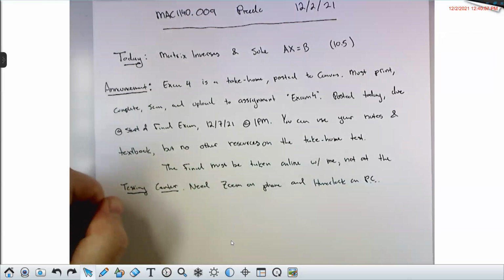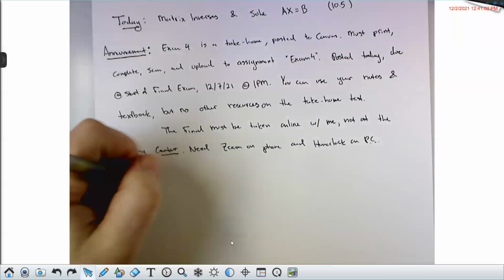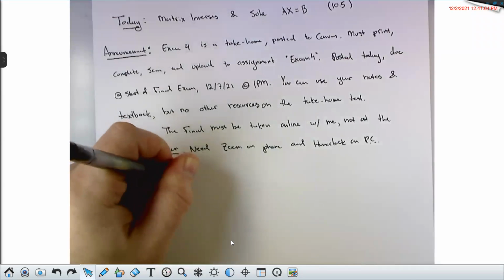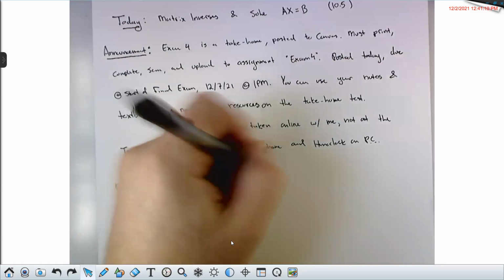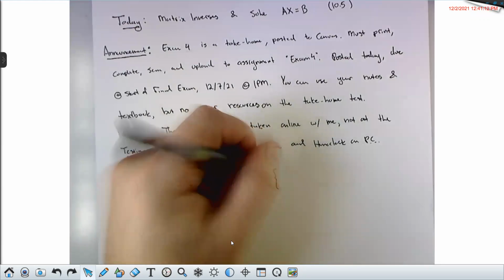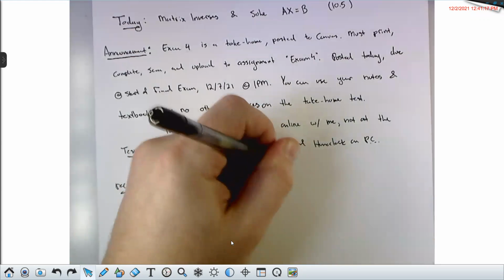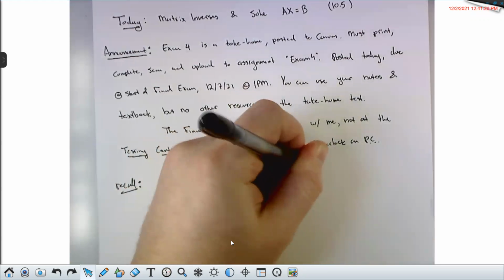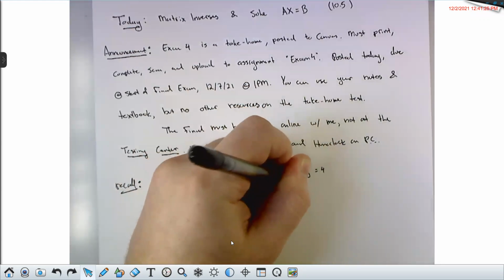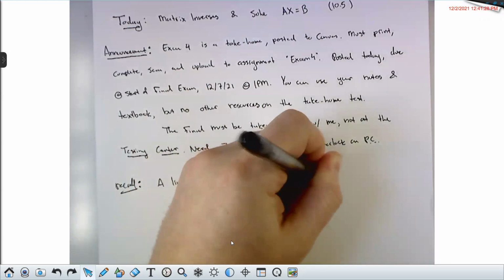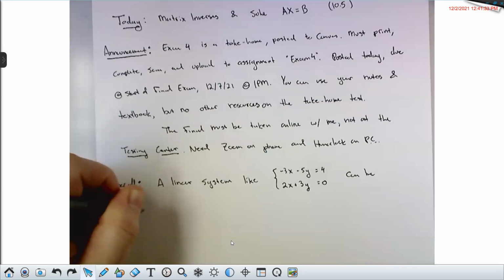All right, recall that a linear system, like, we'll just do a little 2 by 2 here, say negative 3x minus 5y equals 4, and 2x plus 3y equals 0